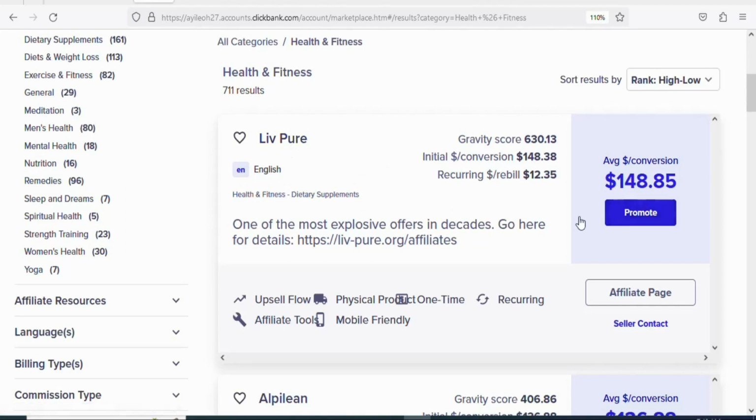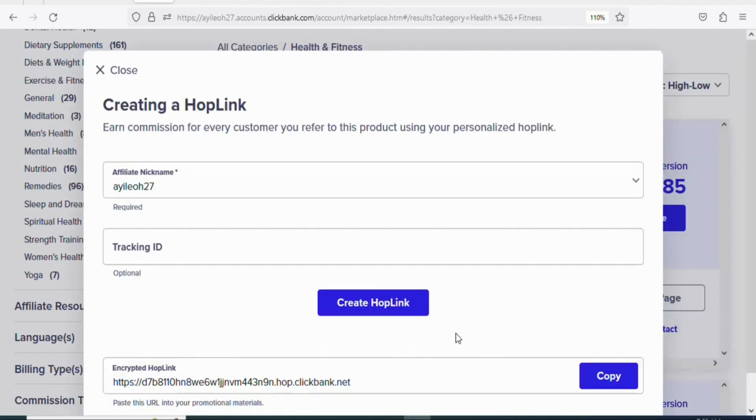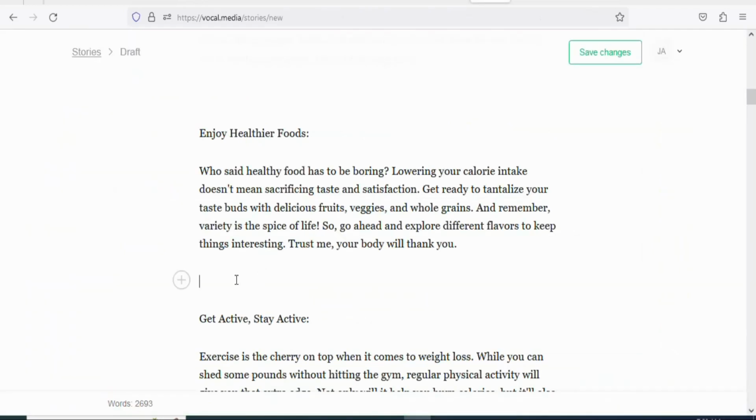So once you come back on ClickBank, you are going to click right here, promote. Once you click on promote, you are going to click right here, create hub link. Once you click on create hub link, you are going to click right here, copy, so that you can copy your affiliate link. Once you copy your affiliate link, you are going to come back and then type your call